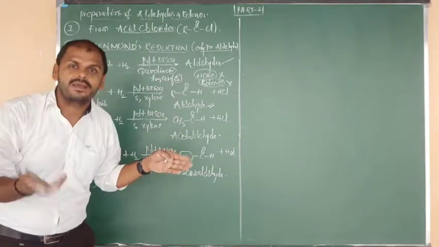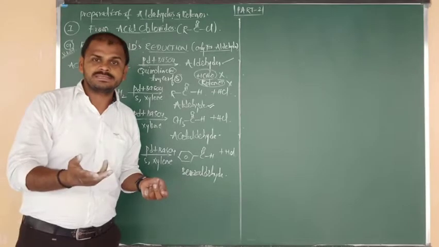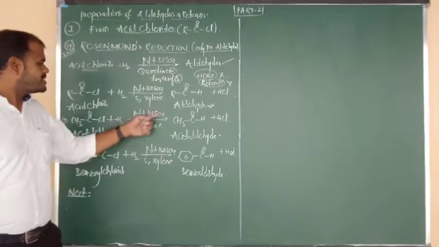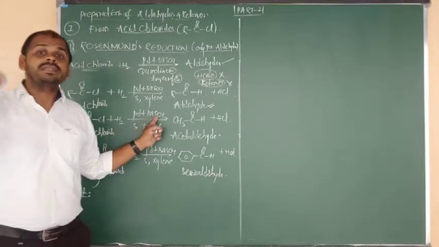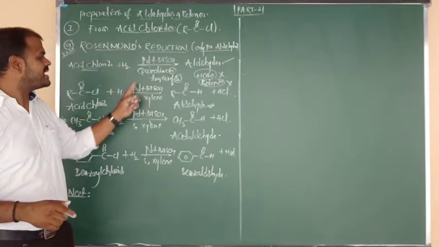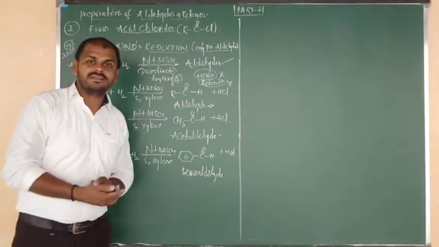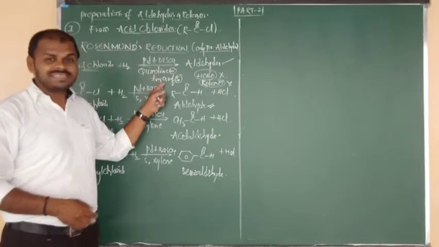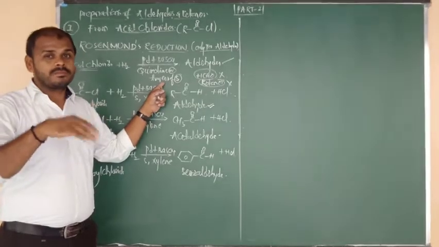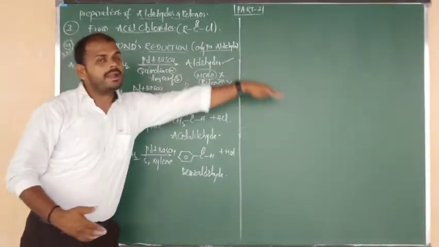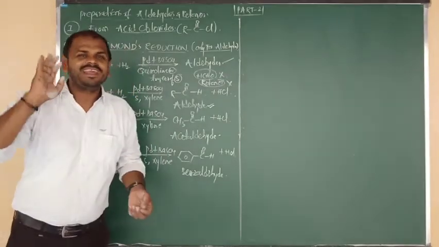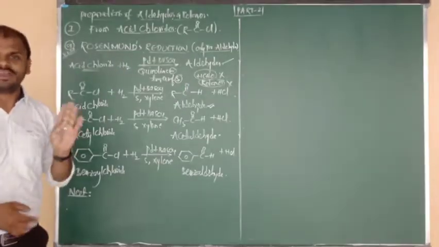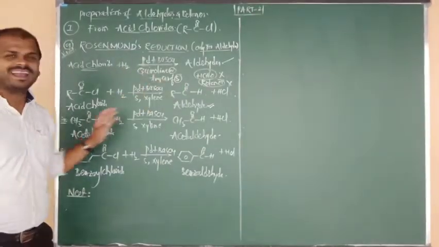What is meant by poison? Catalytic poison means substances which are used to reduce the activity of a catalyst. So to decrease its activity, we use a catalytic poison. The catalytic poison is quinoline, and also we can say traces of sulfur. Due to the addition of these two substances, they act as catalytic poison, and they avoid the conversion of aldehyde into primary alcohol. They don't let it form, beta.